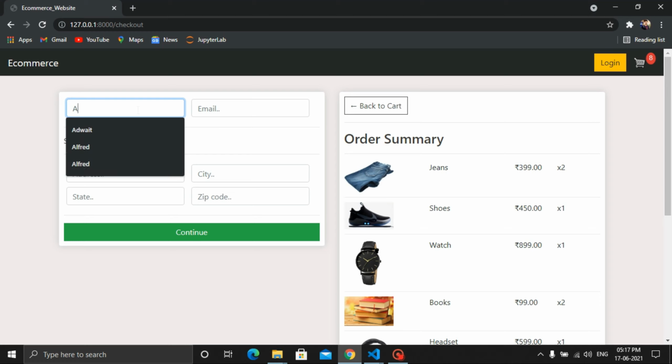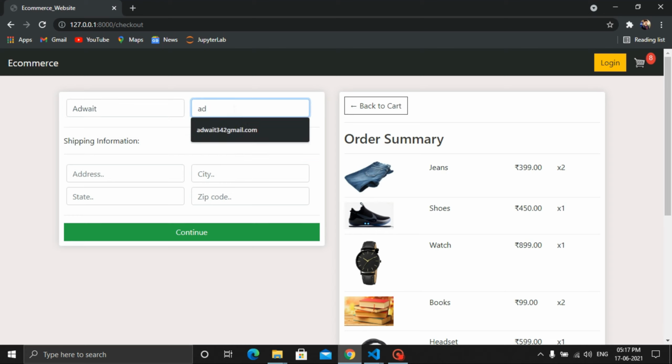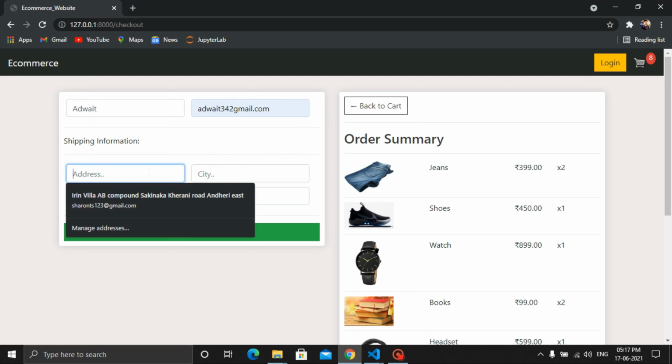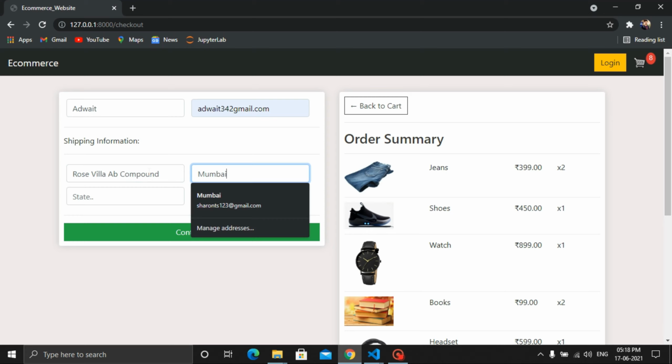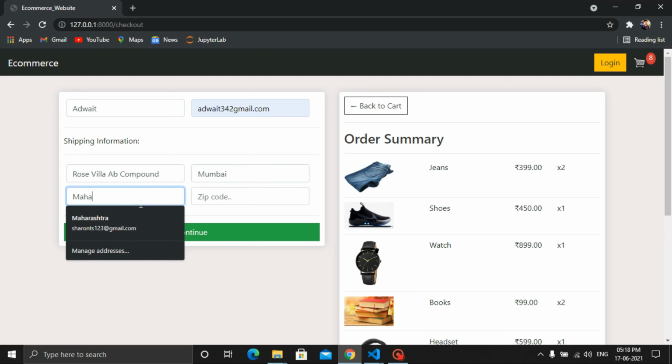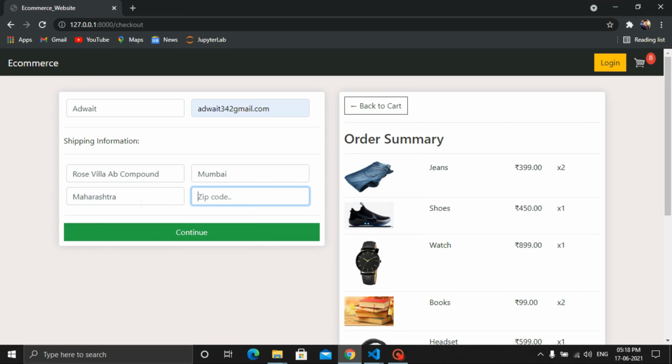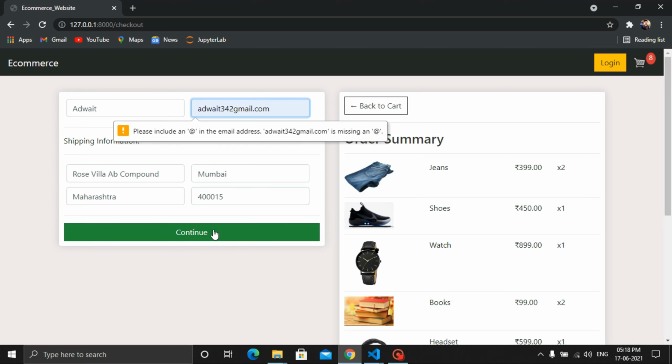For example, after filling the form, we have to click continue. It is saying that in the email address the @ is missing.